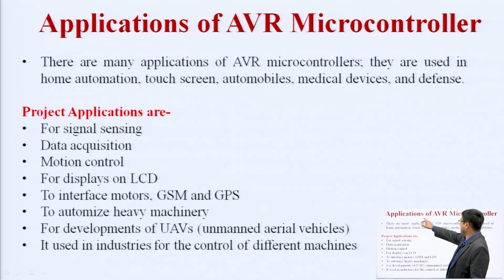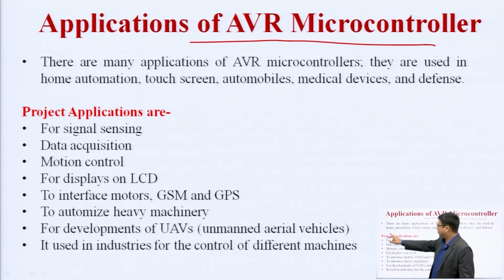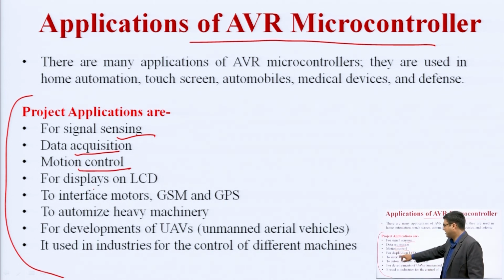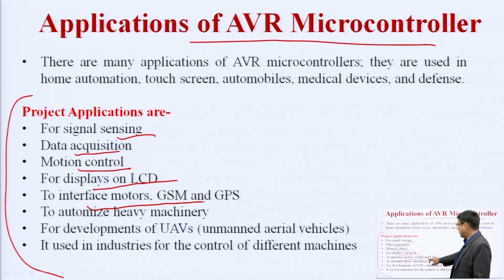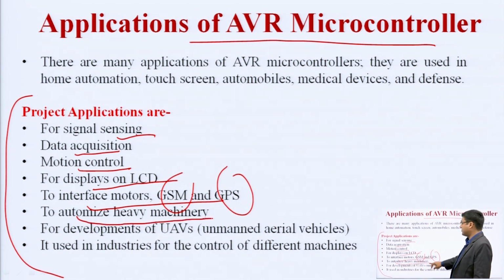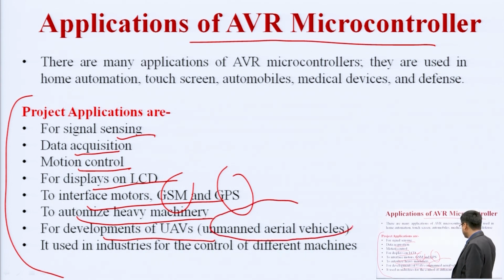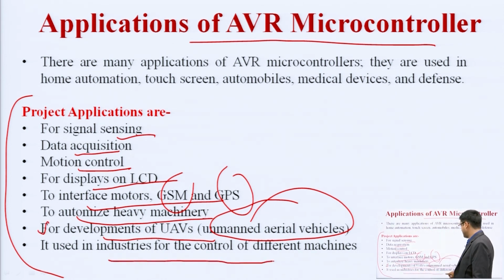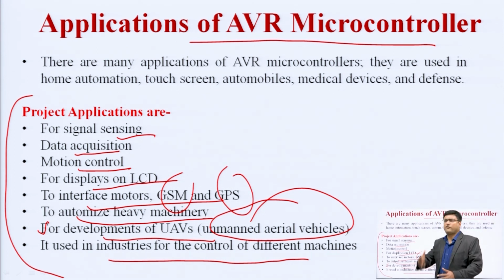In the last slide we have seen the applications of the AVR microcontroller. There are a lot of applications in signal sensing. We are using the AVR microcontroller for data acquisition, basically to acquire data. Motion control, displaying data on LCD, and interfacing motors, GSM and GPS applications use AVR microcontrollers. For automating heavy machinery we can use AVR microcontrollers. For the development of unmanned aerial vehicles, one of the major applications of robotics, and in irrigation control, we are using AVR microcontrollers. It is used in industries for different types of machines. So there are a lot of applications of